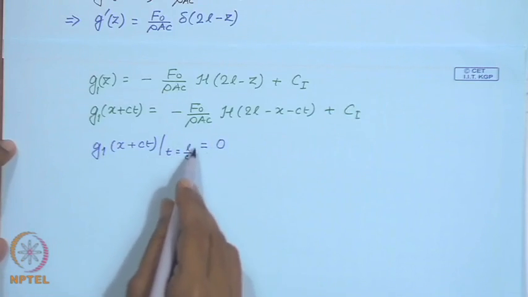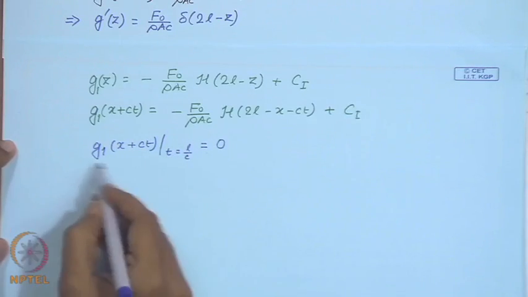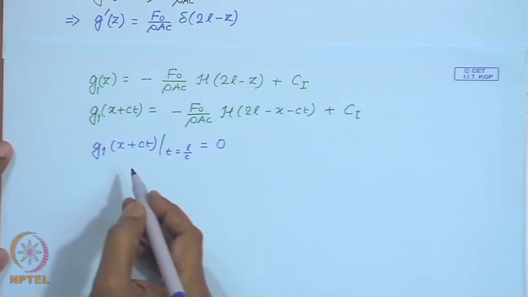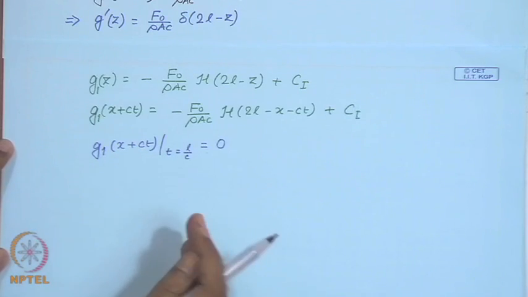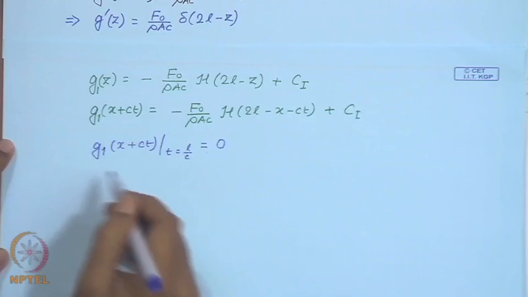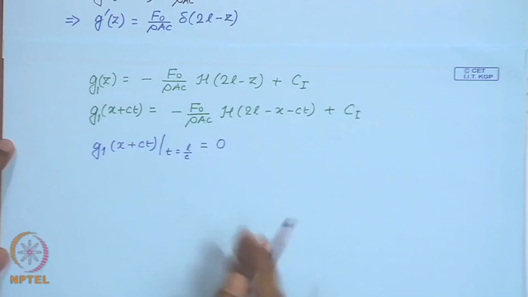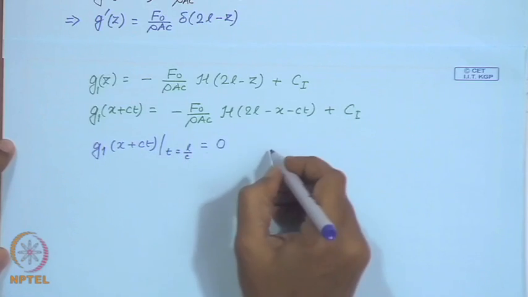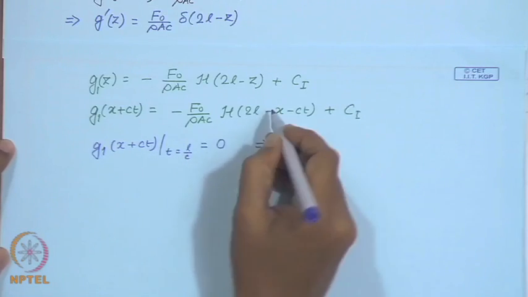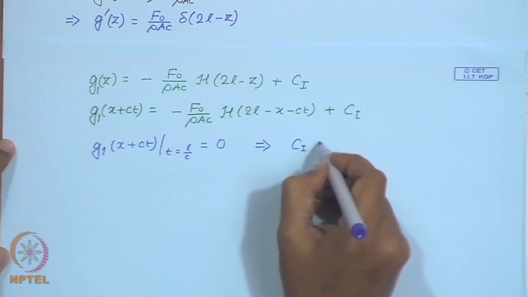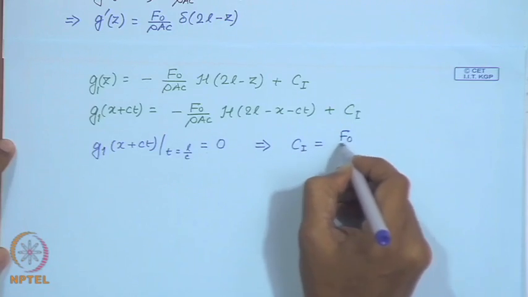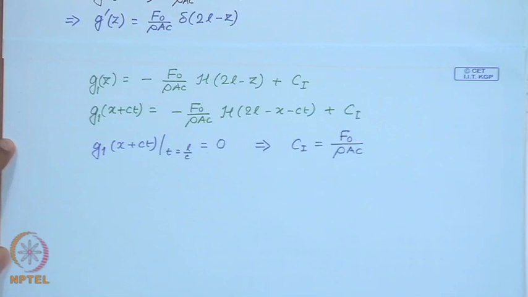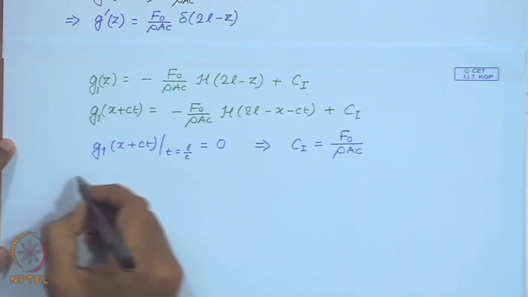Because just at the time it is L over C, this is 0, this has just been generated, or just before that it is not generated. So, it is only the left. The initial wave has just about reached the right boundary, and then you can substitute in this, and you can very easily solve for the integration constant, and then